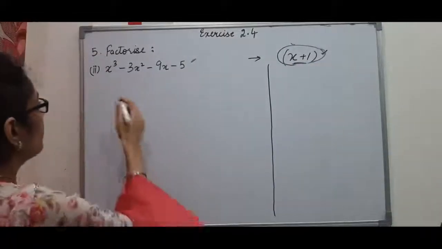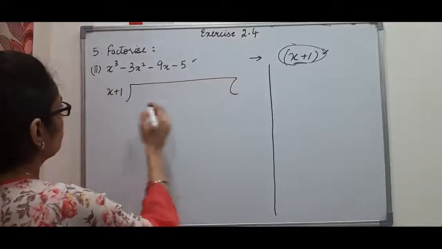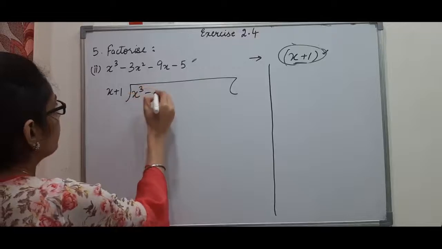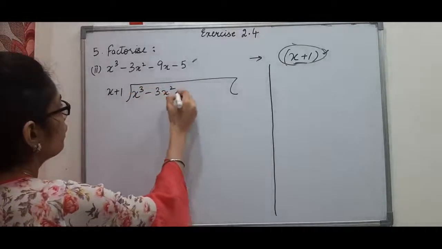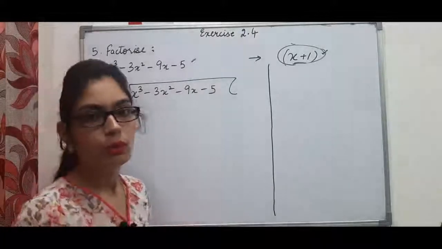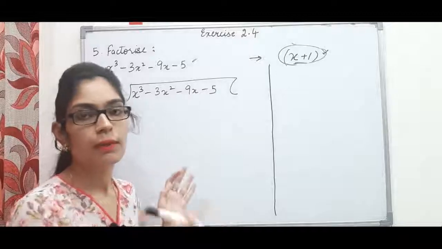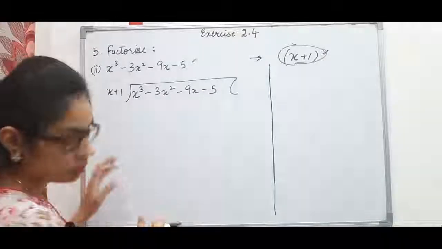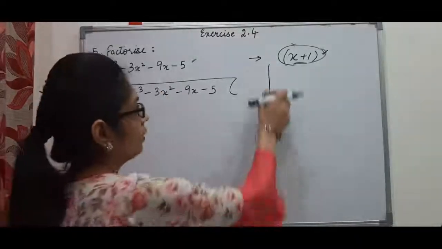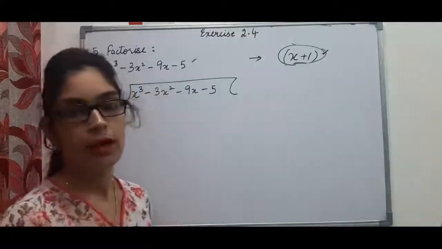So I will divide x plus 1 into the given polynomial, x cube minus 3x square minus 9x minus 5. Again, this step you have to do as your rough work. You don't have to write this step in your main question. So let's do division. Division we have learnt in the previous exercise,